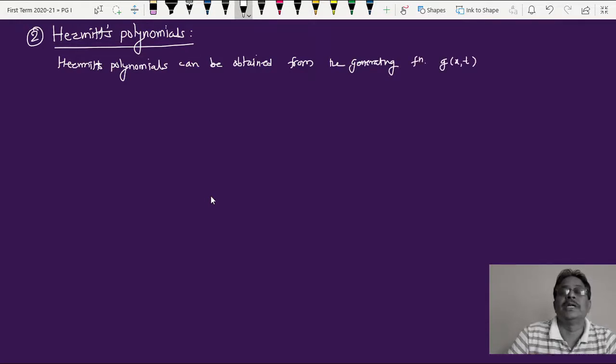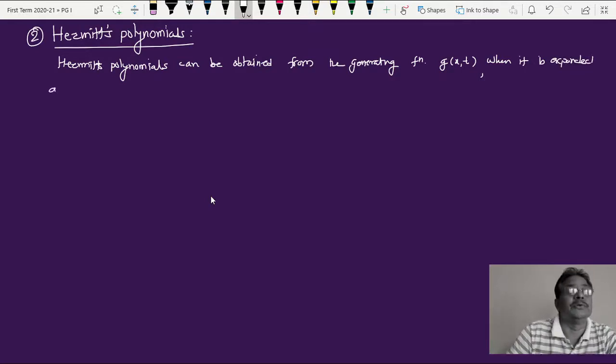Here also this generating function is of the two variables x and t. Okay, when it is expanded around t is equal to 0, when it is expanded around t is equal to 0, then the Hermite's polynomial,